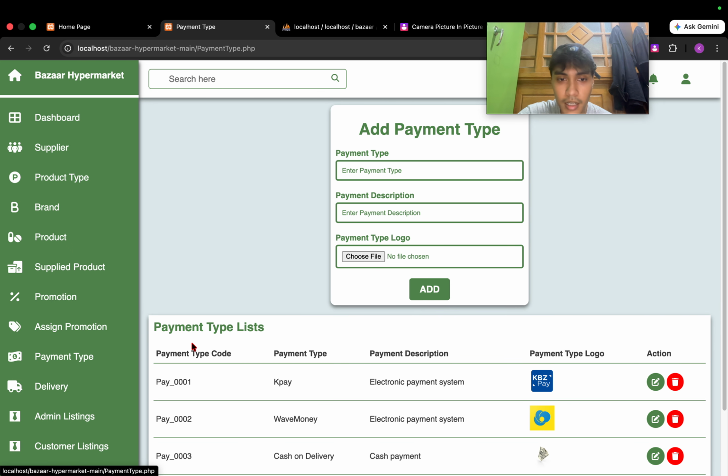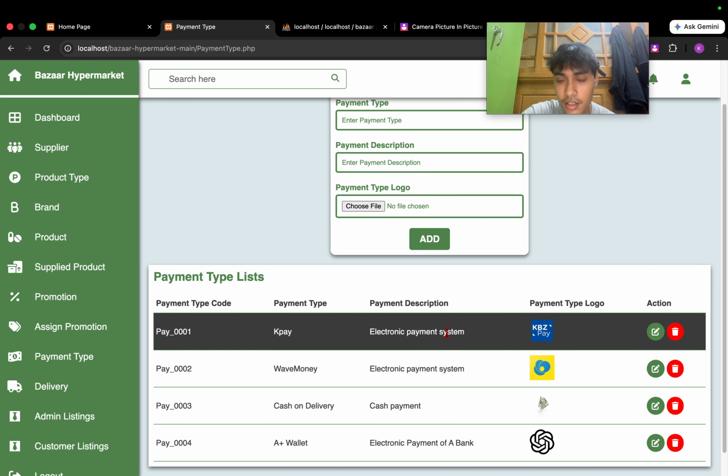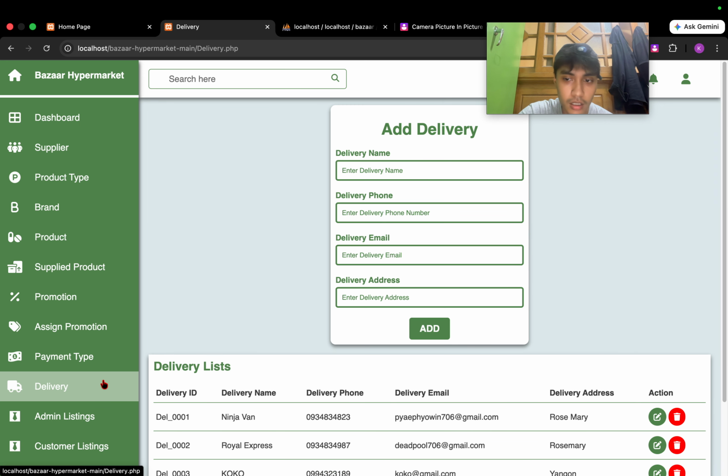This is our payment type management section. In this section the admin can add a payment type, update an existing payment type, edit a payment type, and delete a payment type. This allows the system to keep payment type information up to date. Next, I will show the delivery management section.